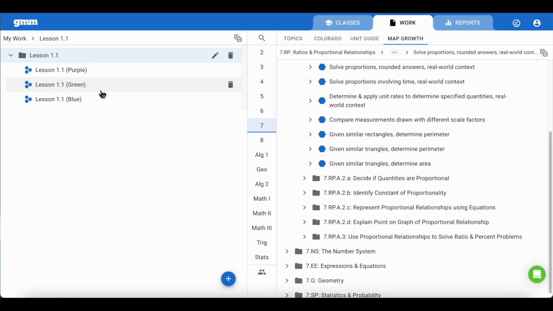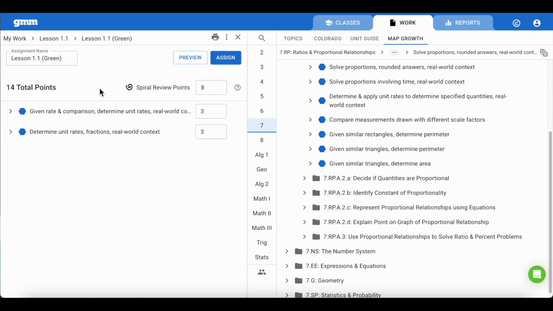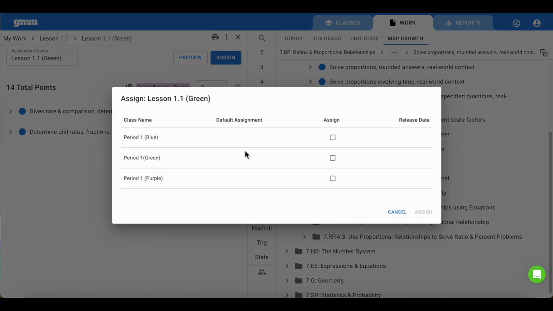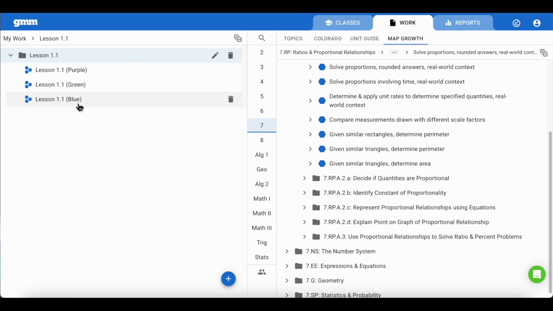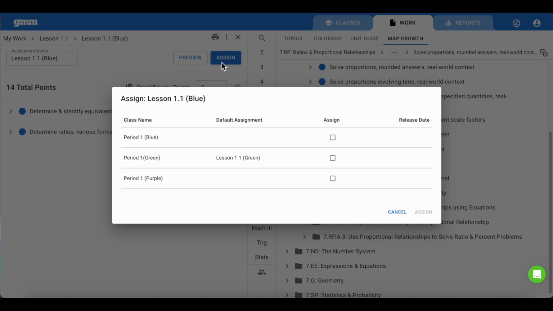The third and final step will be to assign work. We'll begin with the green on-grade level class. As a reminder, all students have been added to that green class. You are encouraged to have all students complete the on-grade assignment. As always, we recommend incorporating spiral review points into all Get More Math assignments. So we will take the green assignment and assign it to the green class to ensure that all students receive on-grade work. The next step will be to assign that blue assignment to the blue class to ensure that those